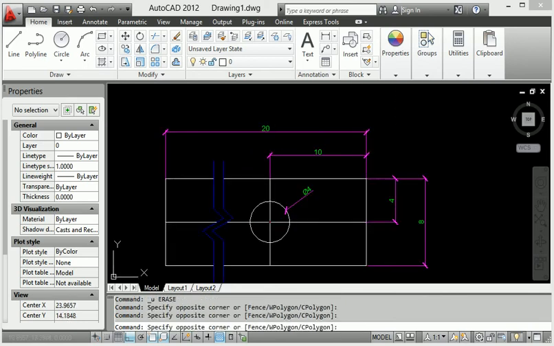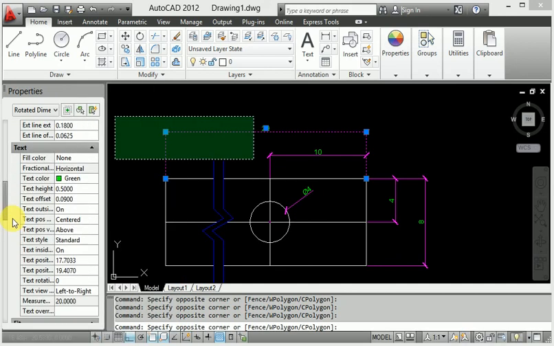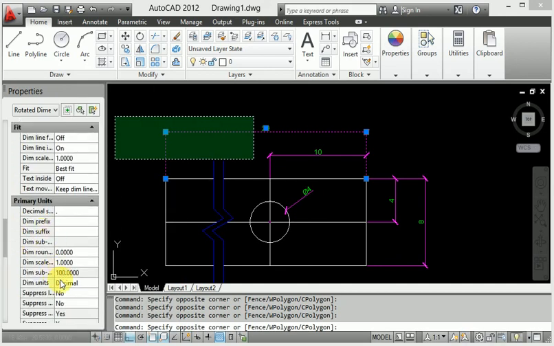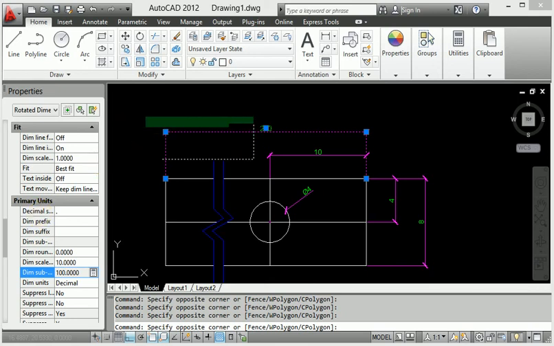So how do we change the value now? Select this and go to primary unit. Where is the primary unit? This is the primary unit. First of all, the dimension scale. If I put 200 as the dimension scale, it is divided by 20.